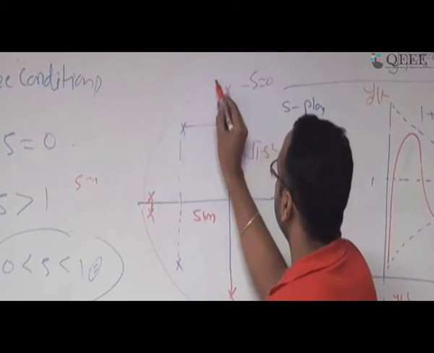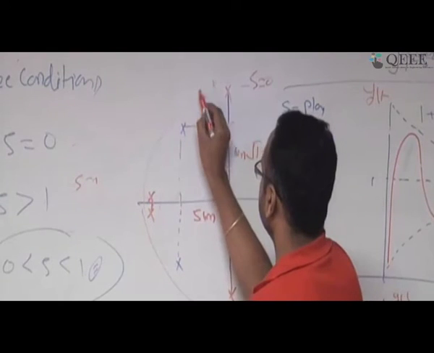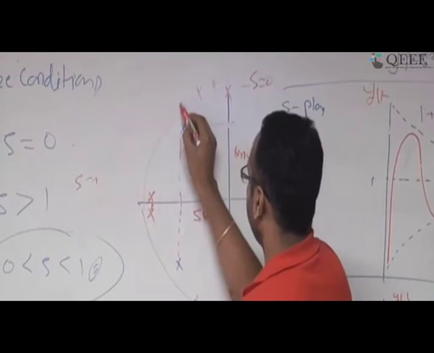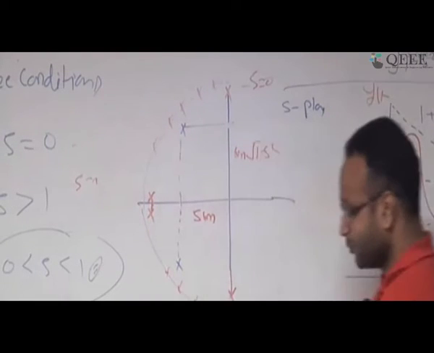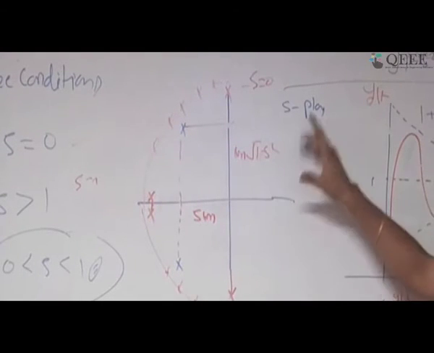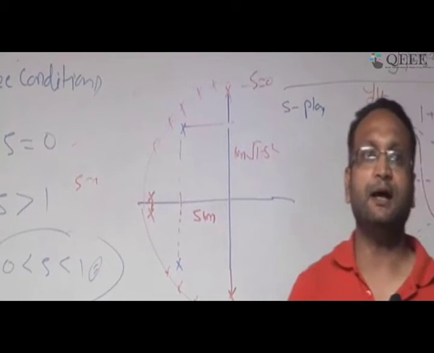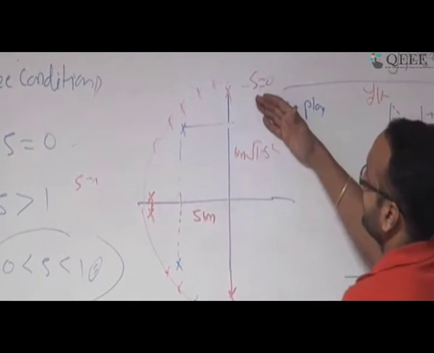If you take slightly up, the two pole location will be here. Slightly increase, the two poles will come here; again increase, the two poles will come here. So that's the movement of the pole. What I wanted to say is that till now you talked about zeta, and now I can talk about the movement of the pole location.